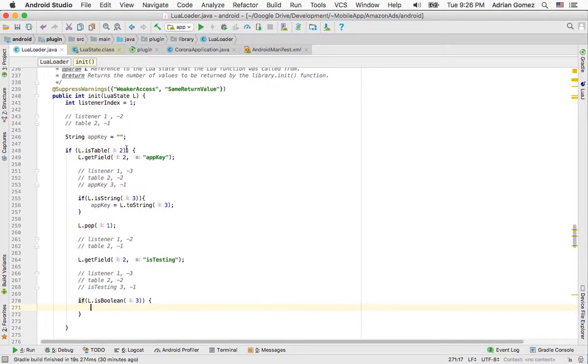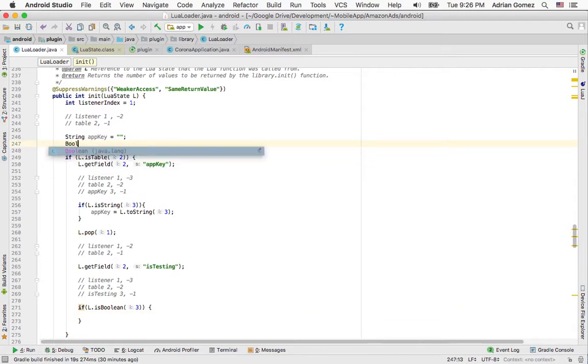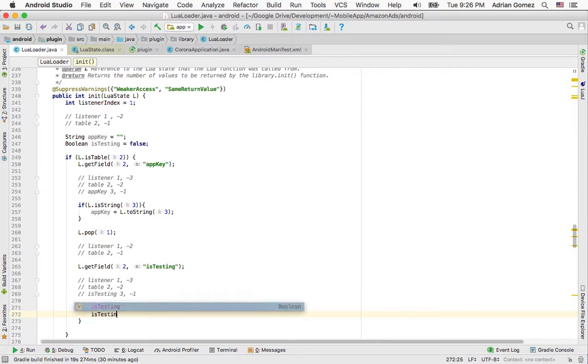I'm going to create a key here, a property, and say is testing, and I'm going to make it false. So it's going to default to false. And if it is a Boolean, I'm going to set is testing equal, and I'm going to turn it to Boolean, and the index of